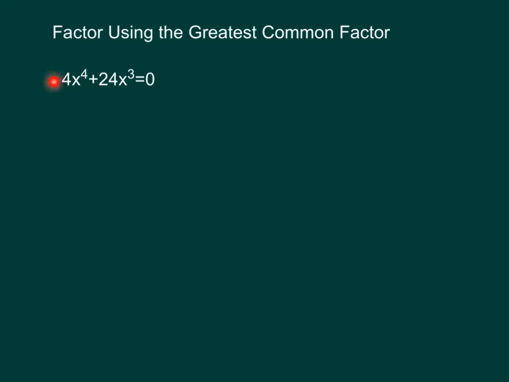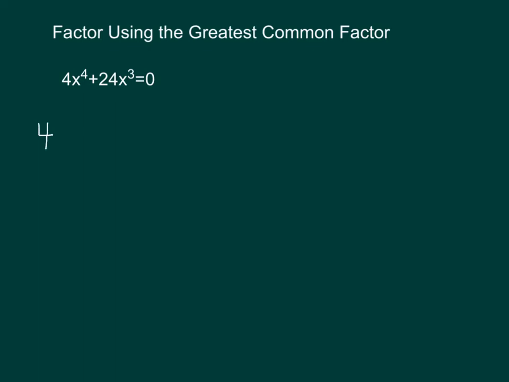If I look at 4x to the 4th and 24x cubed, I want to think about what they both have in common. And I do it in 2 parts. I first look at the numbers, and I say, what's the largest common factor of 4 and 24? Well, since 4 is obviously a factor of itself, and 4 times 6 gives us 24, 4 is also a factor of 24. So I'm going to divide each term by 4 and put that 4 out in front of